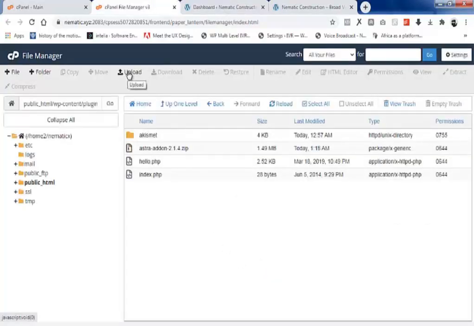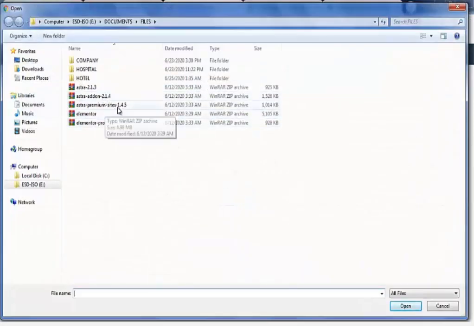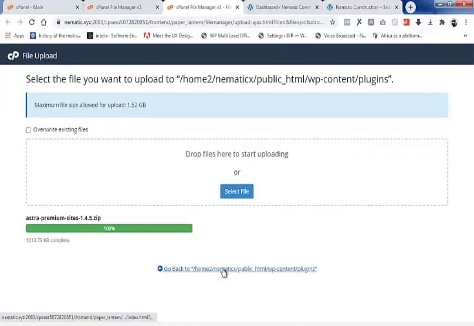Also I'm going to be uploading another one. So I'm going to click on upload, then click on select file. Here I'm going to be selecting the Astra premium site. I'm going to click on open, then click on go back.